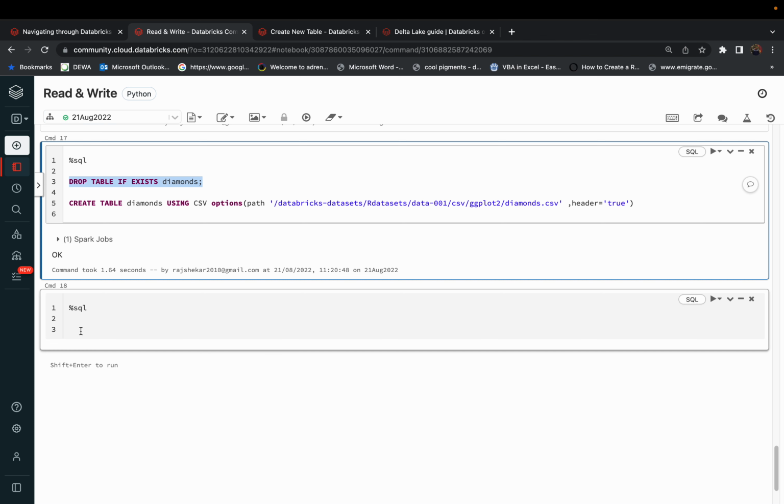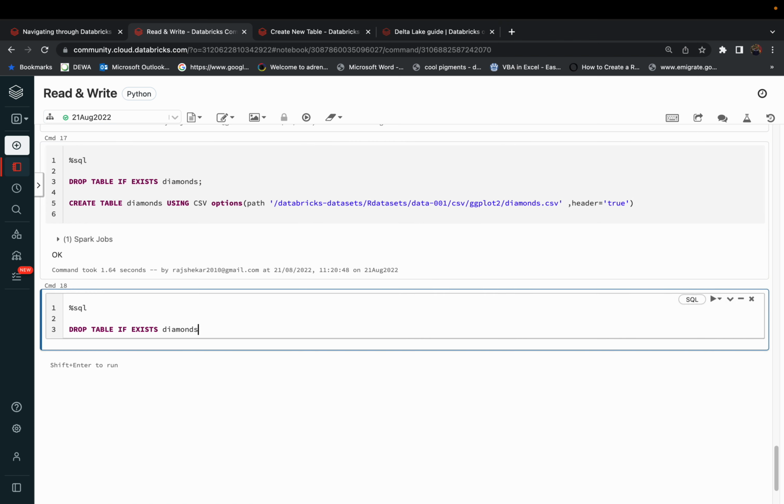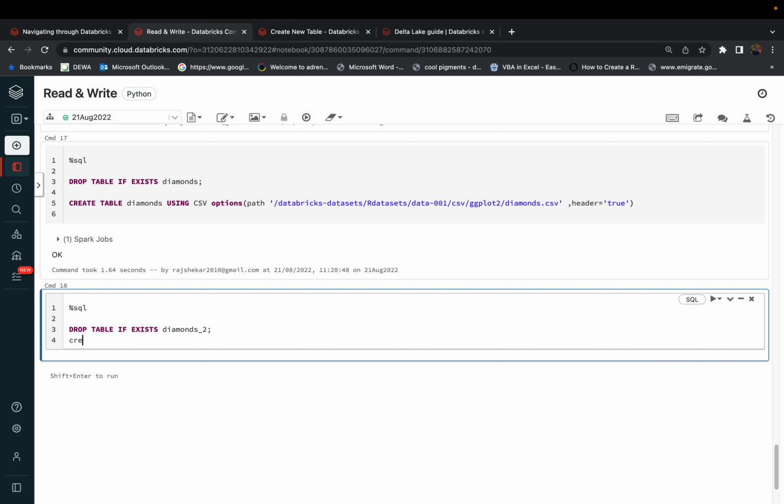I'll write the same thing. Instead of diamonds, I would write diamonds 2, just to differentiate the above command from this. So I'll create a table again. I would write diamonds 2